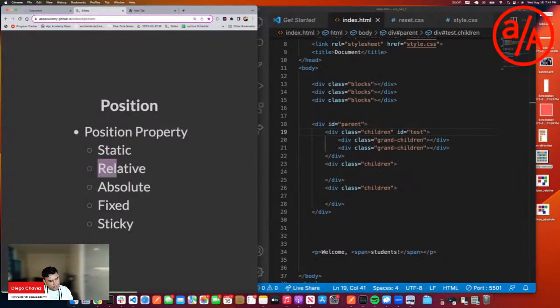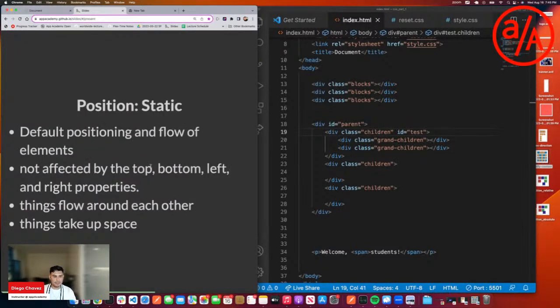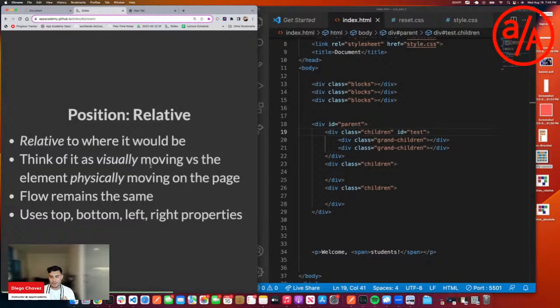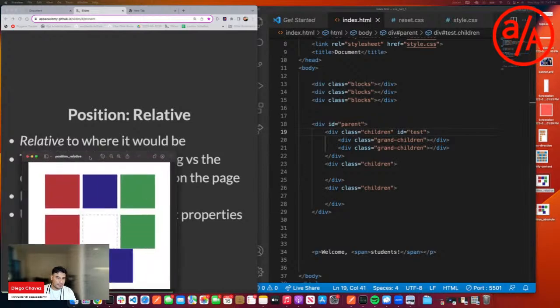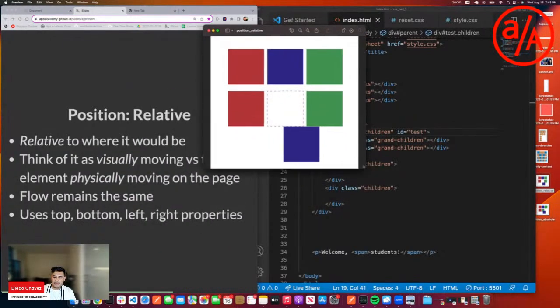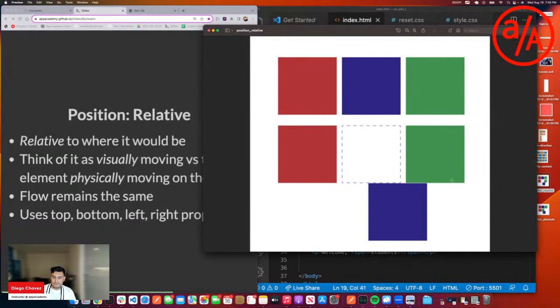Then we have something called position relative. Now this one tends to be a little sneaky, but position relative, I have this analogy that I like to use where I like to think of position relative as kind of like haunting where it used to be, because the main idea with position relative, so I have this little diagram here, is that